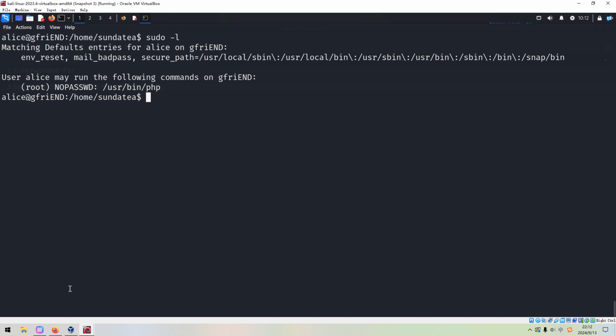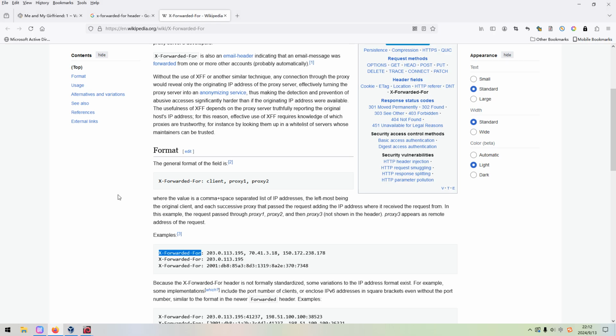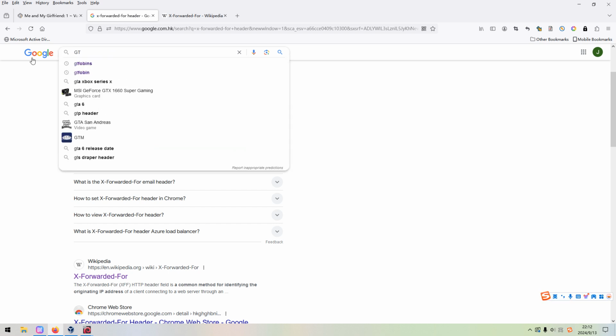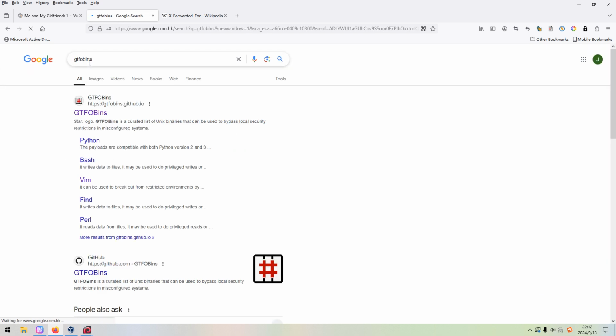However, the question is how to do it. Now we can go to the GTFOBins website. This website contains a lot of instructions on how to utilize different binaries to elevate privilege.